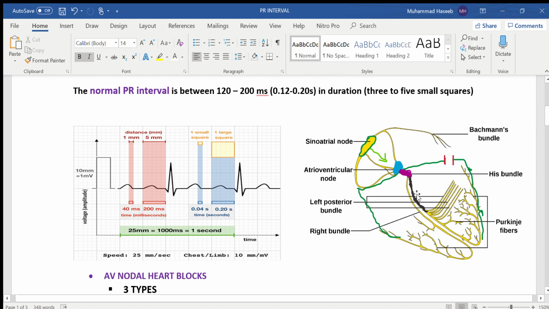This pacemaker has a slower speed to drive the heart. Here the speed is 60 to 80, here 40 to 60, and here 20 to 40. So the speed gradually lowers; although these can drive the heart, they do so at a slower speed. The new pacemaker may develop over here or over here. So the atria will contract under the effect of the SA node, while the ventricles depolarize and contract under the effect of that new pacemaker.